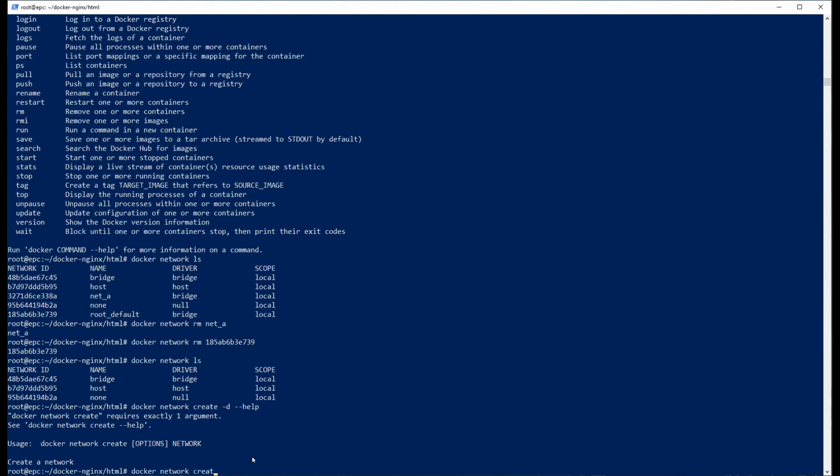docker network create -d bridge. We'll use the bridge. If you're running it on a local PC, you can use Macvlan, and your container becomes part of the subnet of the physical network. And then we can define a subnet. So we're going to add the subnet to be 172.18.0.0/16, if you will.